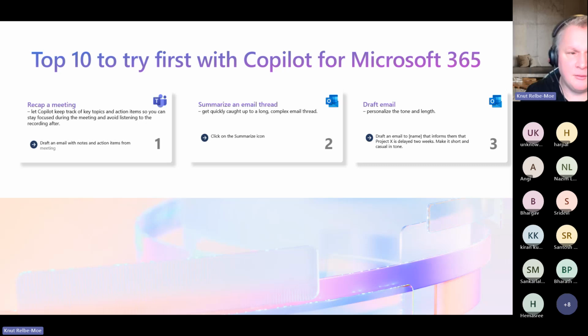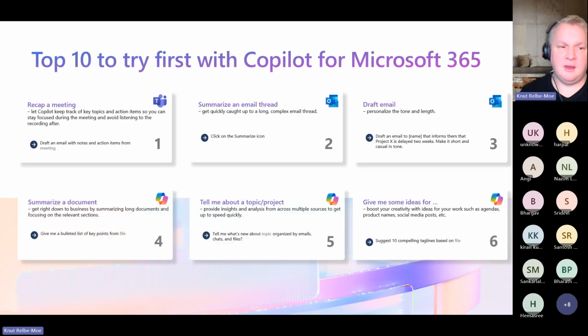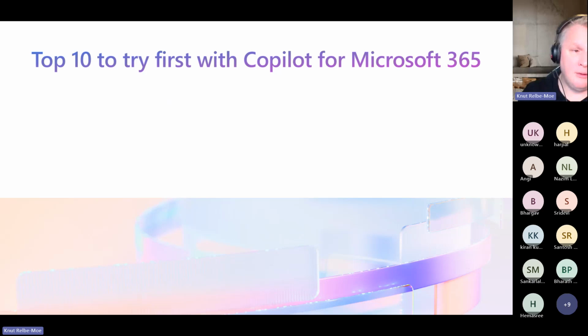So here you have some top 10 things that you can try yourself, and you see here which application it uses. The first three are Teams and email. So this requires you to have an M365 Copilot license. Summarize a document, tell me about topics in a project, give me some ideas for. All those three are in the free version, either inside the browser, inside of Teams, or on the mobile phone, or on copilot.microsoft.com. Or the last four,